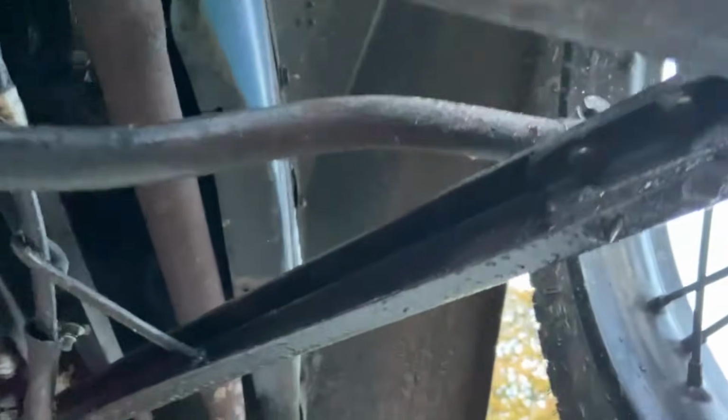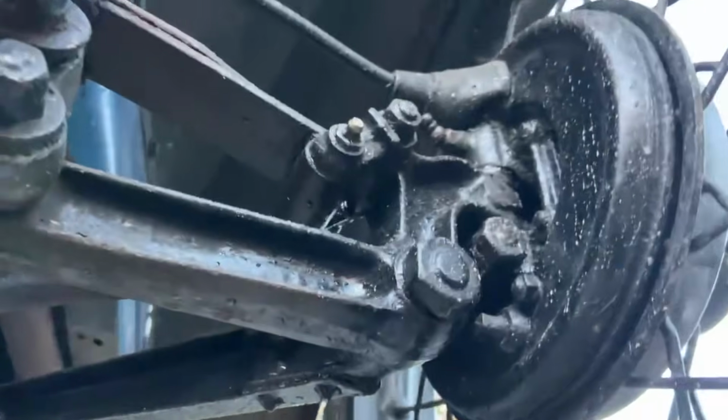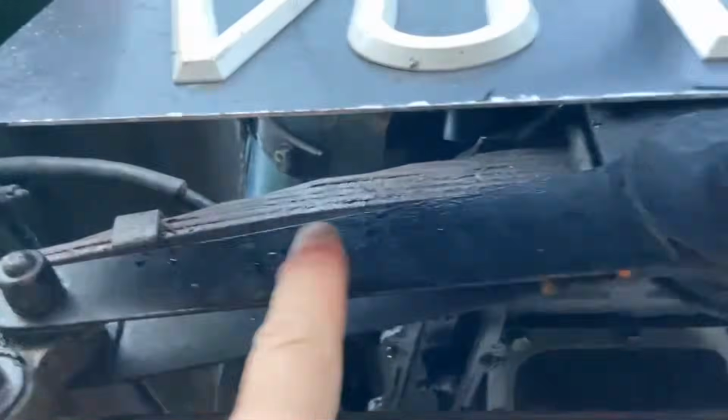The A-frame, which supports all the front end, looks to be in very good order. Wheels nice, not too heavily pitted. Obviously I've seen some repainting over the years. There's your front cross member and your elliptical spring as we move across to the